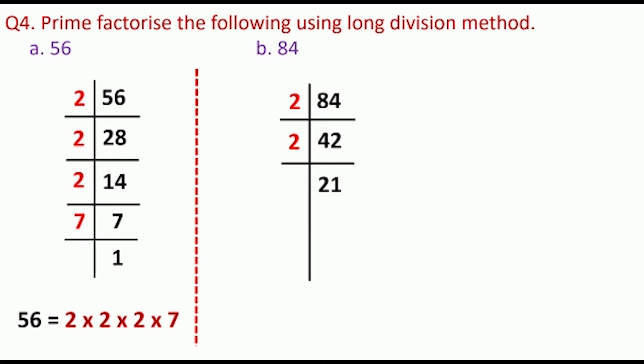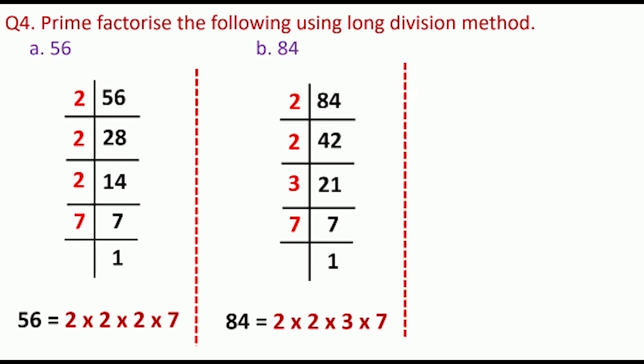This 21 cannot be divided by 2. This 21 can be divided by 3. So let's divide this 21 by 3. You will get 7 here. Then divide this 7 by 7. You will get 1. Okay. So the prime factorization of 84 will be 2 into 2 into 3 into 7. Okay. The next number is